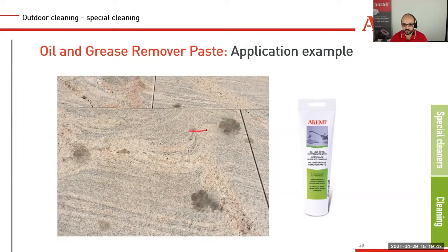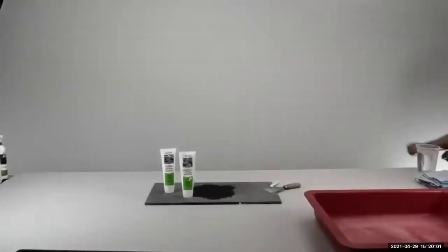You see here these typical oil stains, which are deeply penetrated into the stone. And I will show you now in a practical demonstration how to remove them. So let's switch the area again and go to the table. As you can see,